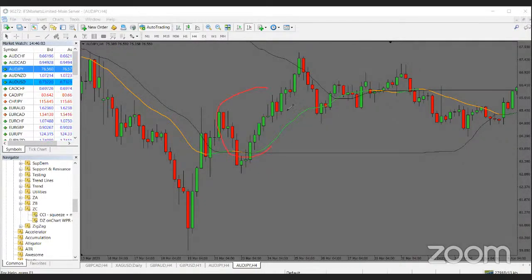Price is in the middle, not interested. Price actually did break out of here. Now this will be interesting. Let's take this for a case study. Price is in the middle, broke downwards, came back for a retest. Now at that point of retest, when this candle is formed, you can see that the middle line is actually turning to green. So this is not an entry that we are looking for. If you're going to trade downwards, the middle line has to be orange.